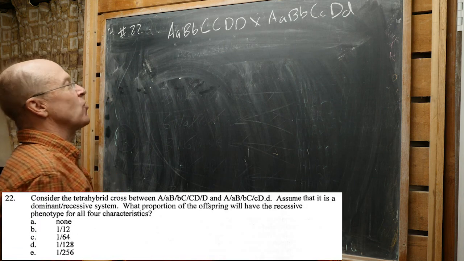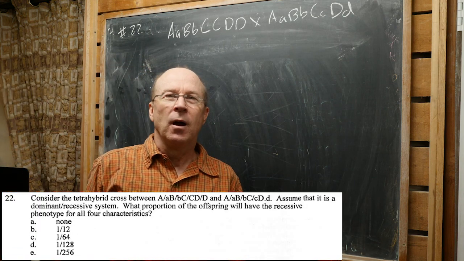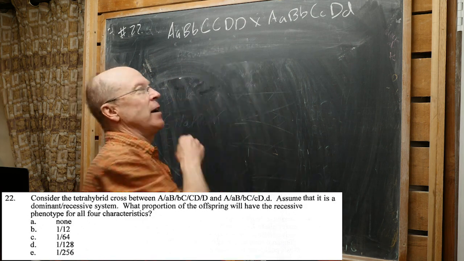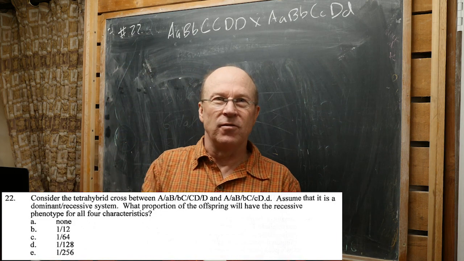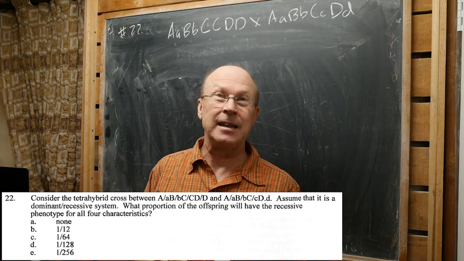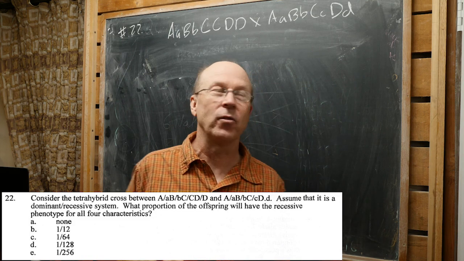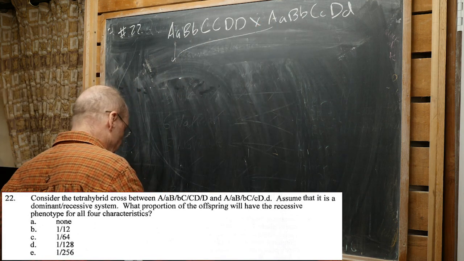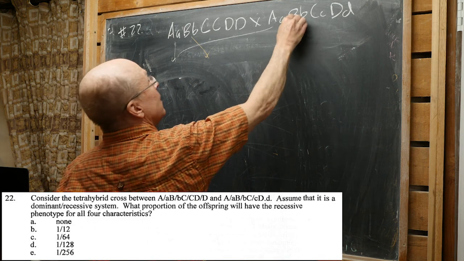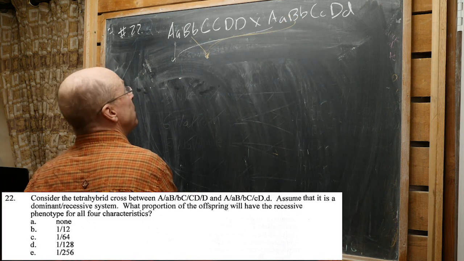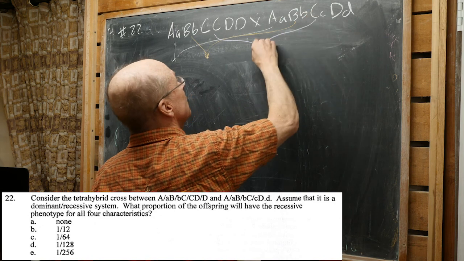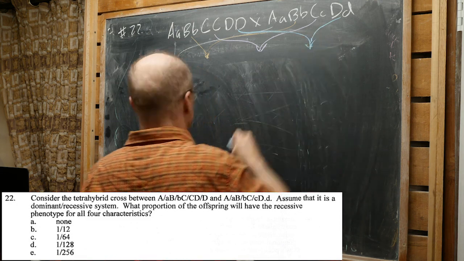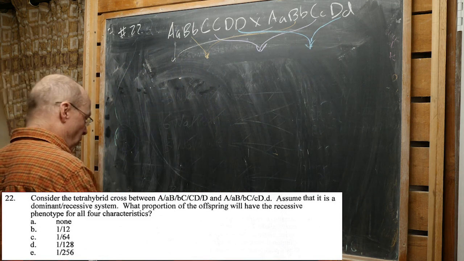Now, if you're going to set up this cross, it's going to be pretty crazy for you to do as a Punnett square. If you followed the classic determination of how many rows and cells, you weren't reductionist, you'd need a 16 by 16, and that's a lot of real estate. You don't want to go there. So what we really want to do is isolate each of the loci, and then we're going to multiply all those independent probabilities. So we're going to set up actually 4 little crosses, and I'm doing them with colors so you can see what is going on. So this guy then, for the first one